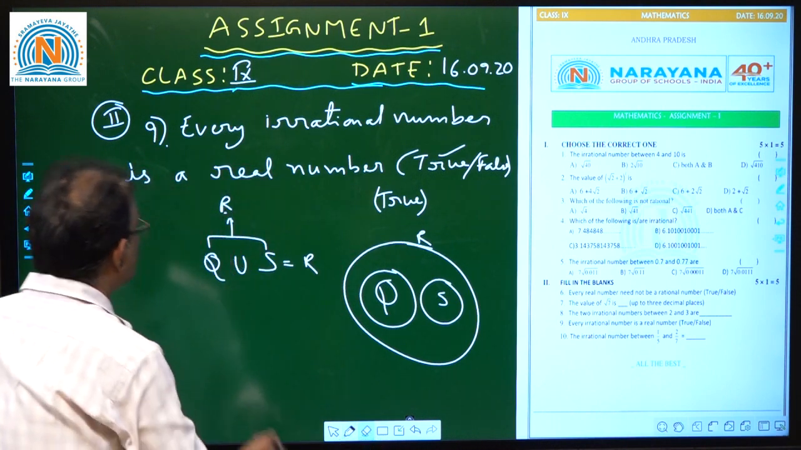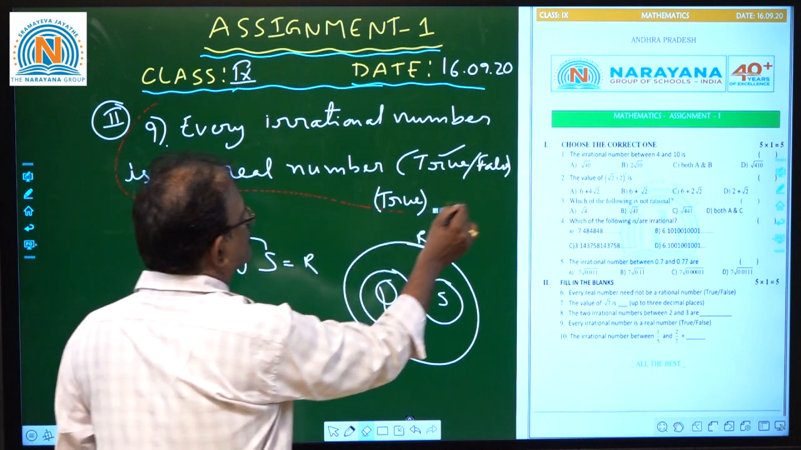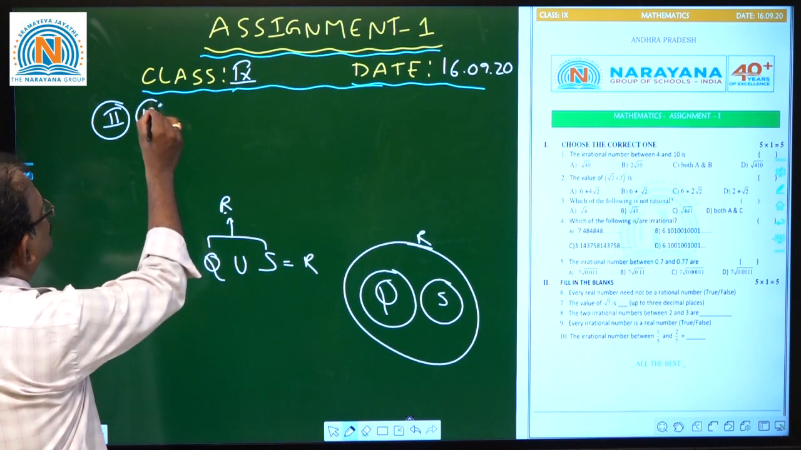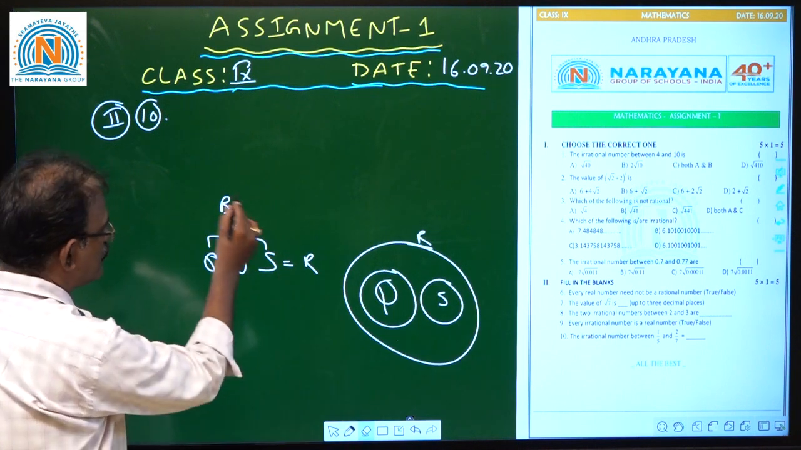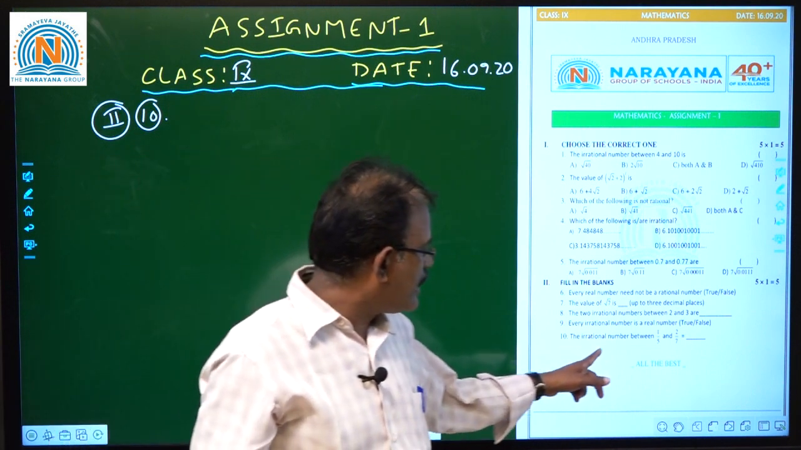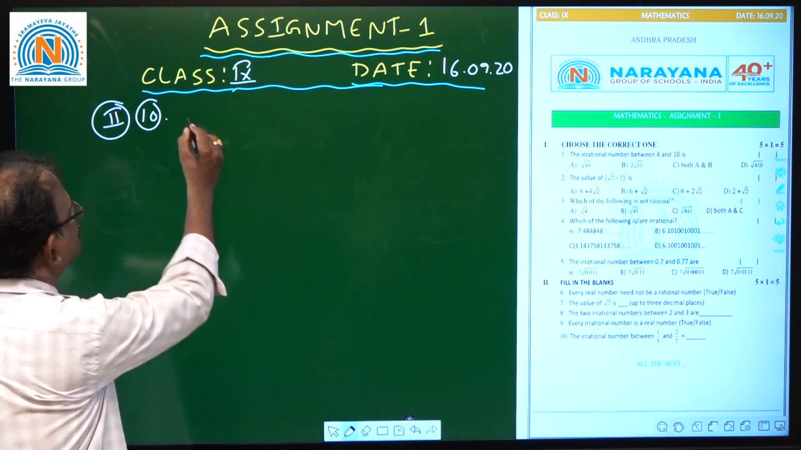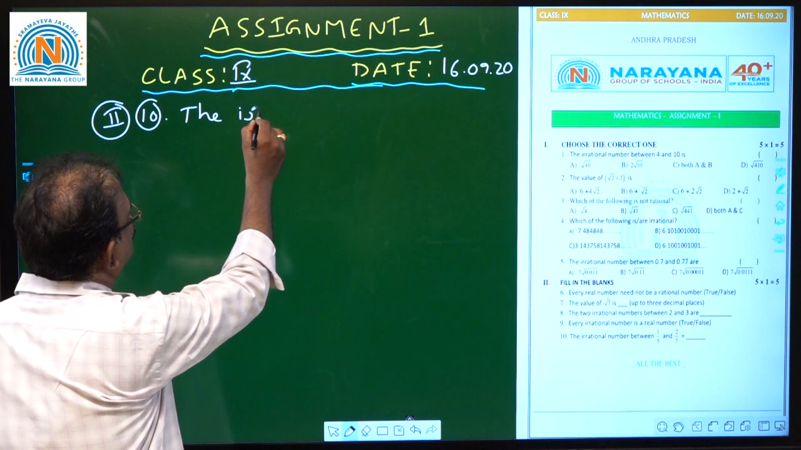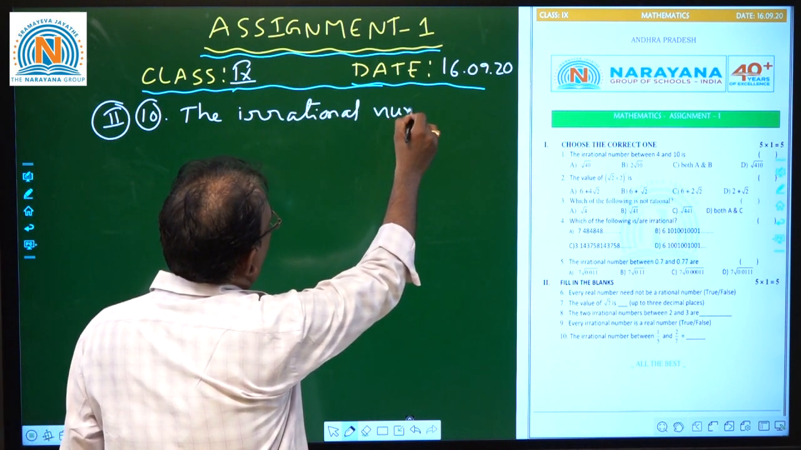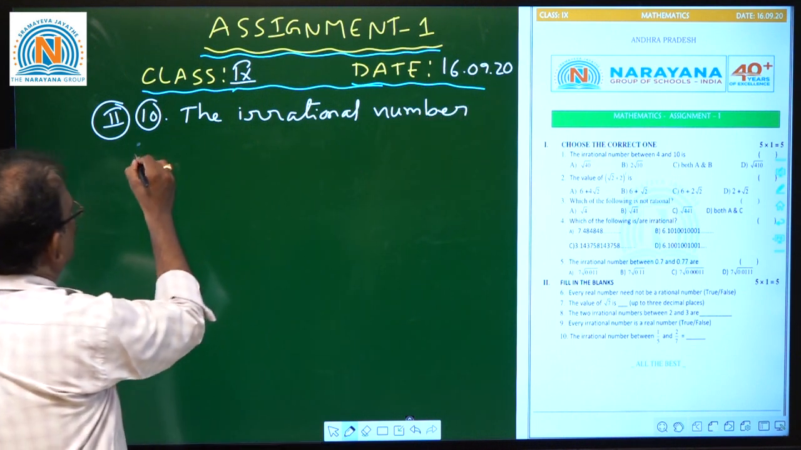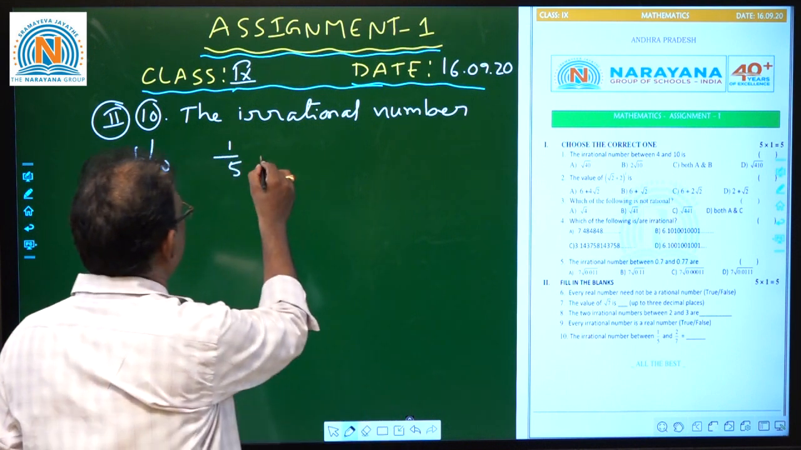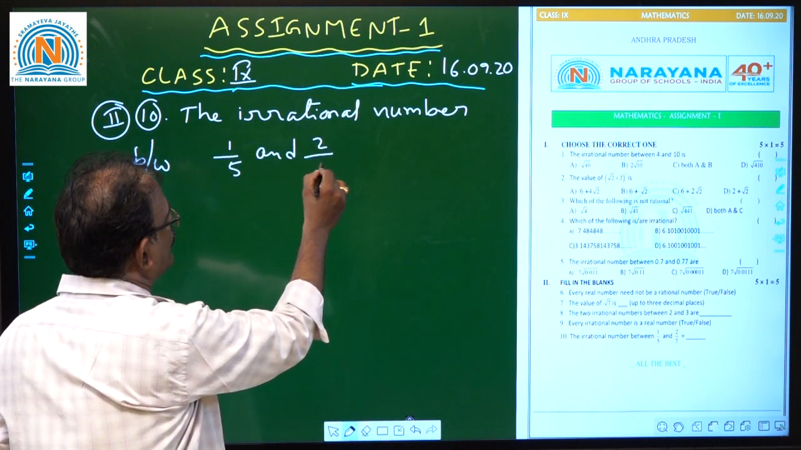And our next question, the last question for this, is the 10th one. So what is the 10th one, children? The irrational number between 1 by 5 and 2 by 7 are